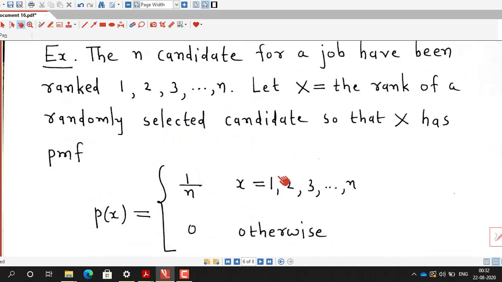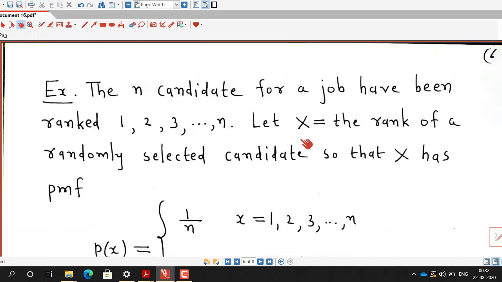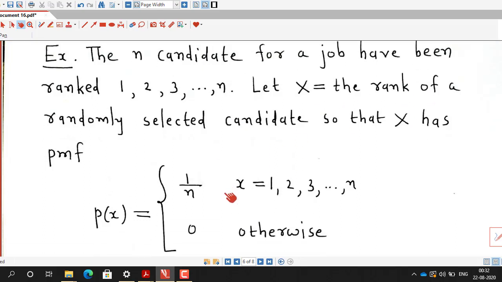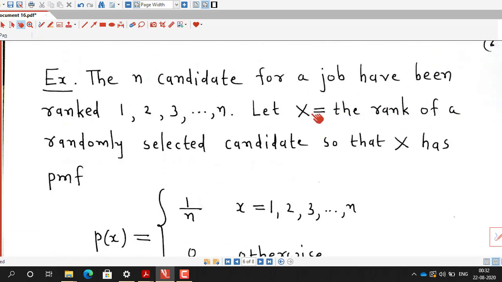So here the PMF is already given. We can understand how this PMF is derived. Here the random variable is the rank of a randomly selected candidate. There are n candidates and they are given ranks, that this candidate is first, this candidate is second, in that way. So they are already given ranks from 1 to n, and capital X is the rank of a randomly selected candidate. So if we select any candidate,